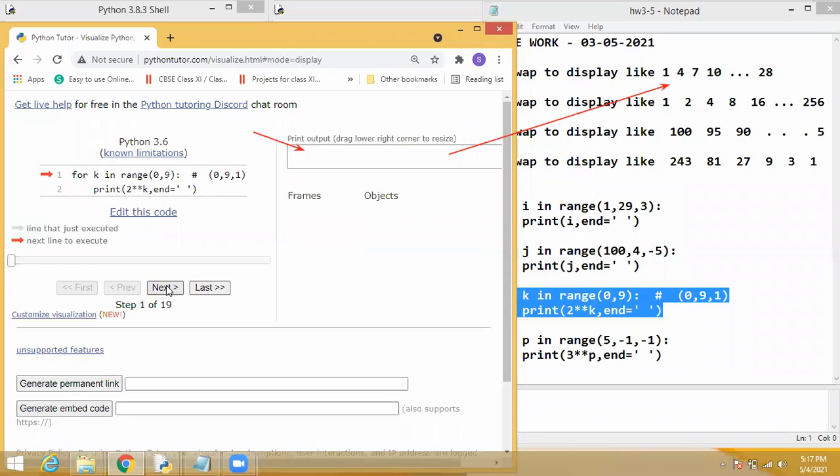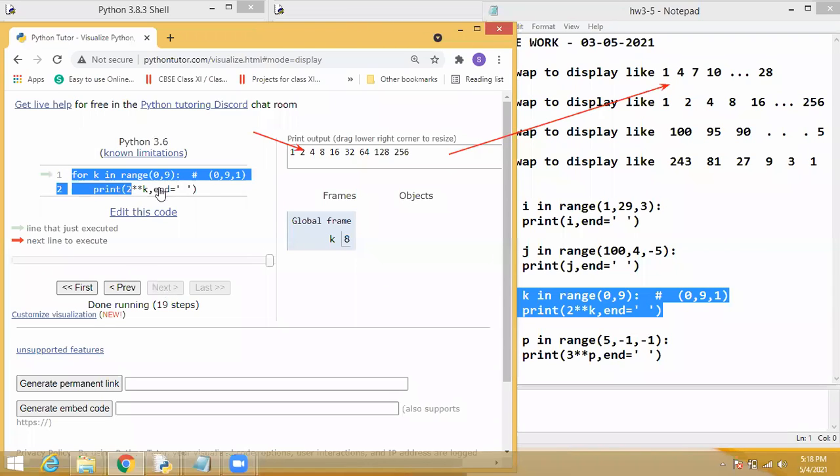Students, listen. This next will execute one by one. See, first is the output screen. Then next step, the k value changes to 1, so you will get 2. Then k value changes to 3. Like this, you are getting output one by one. You can slowly execute everything and listen to what is happening in every iteration. When it changes to 9, that is not in the range, so the loop will terminate. Students, everyone understood?